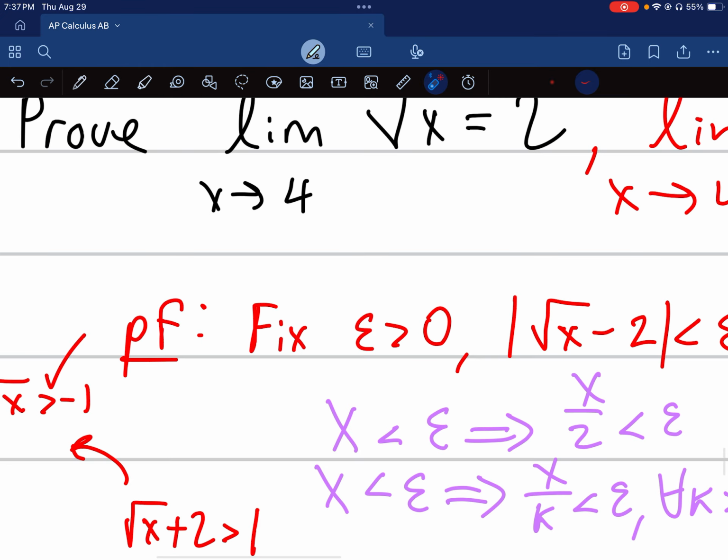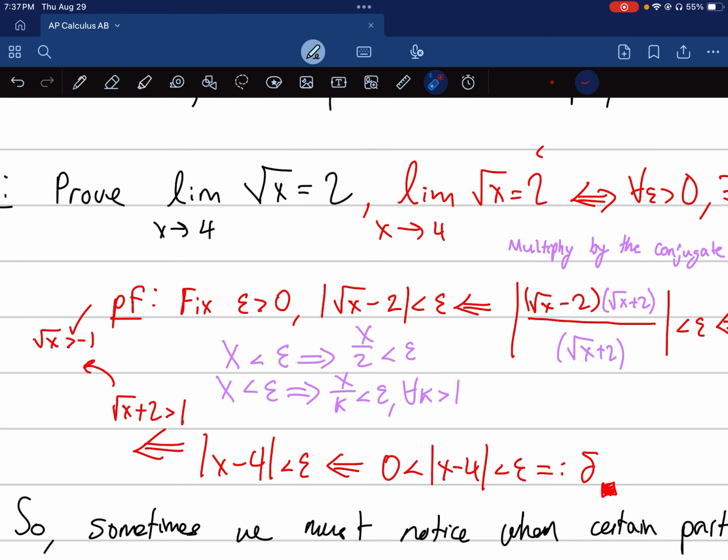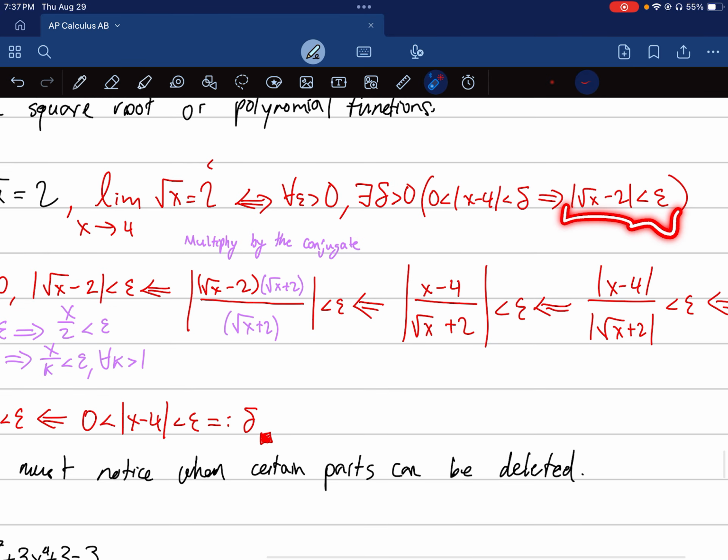Let us write. So we're going to write proof, and we're going to start. So fix epsilon greater than 0. Remember, always write this in any epsilon delta proof. Now we're going to prove the existence of our delta. Remember, we start with the right, so we'll write down this here,